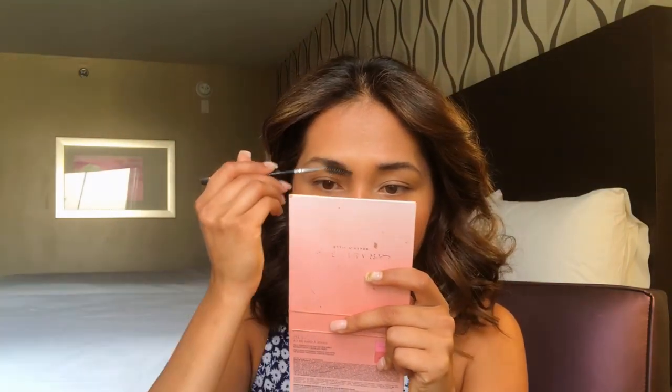I would actually like to draw caterpillars on myself because I brush them up so much. Try to make it look like a caterpillar. I just can't help it though. I literally love eyebrow gel. So after I did that, oh, is that it? I mean, I like it, but my eyebrows are not as thick as hers. But still, eyebrow gel. So after I do that, I'm going